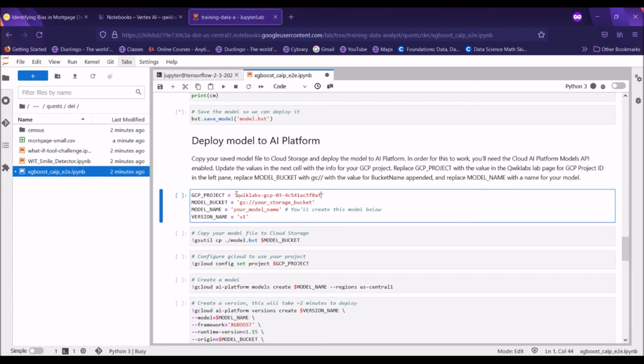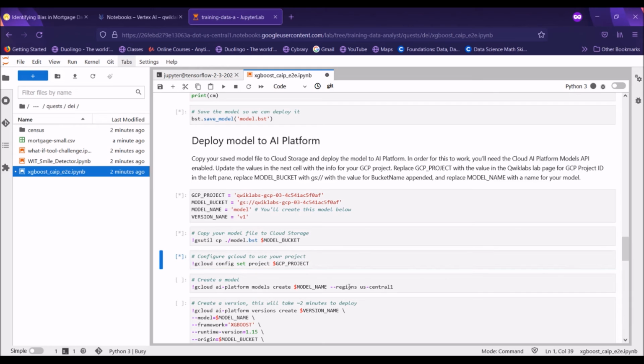Similarly, we have named our bucket, so we can paste the same over here. We haven't created any model, so we can give any model name below. So here I think we'll just keep it simple, and I'll give the name model, and we'll run this.